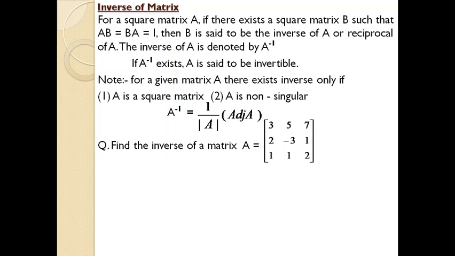First of all, determinant. We all know how to find the determinant of this matrix. So it can be written as determinant of A is, you have to find the determinant on the basis of values in the first row. Here it is 3, 5 and 7. So 3 into, when 3 is selected, the corresponding row and column are neglected. So the remaining numbers are minus 3, 1, 1 and 2.